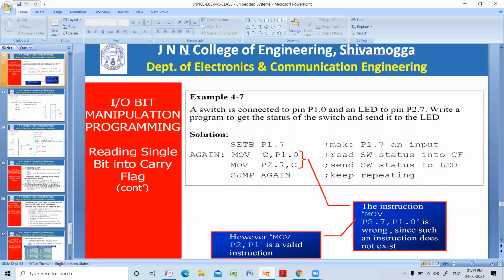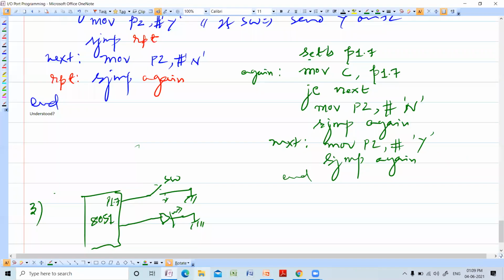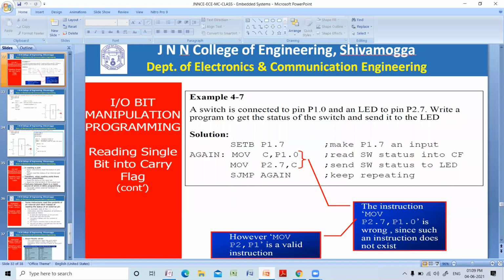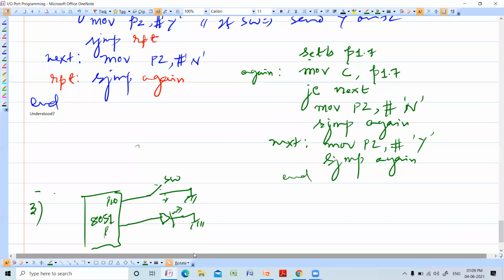One is P1.0, another one is P2.7. So this is P1.0, and this one is P2.7.